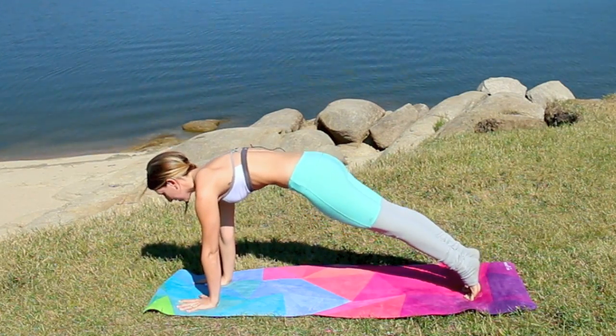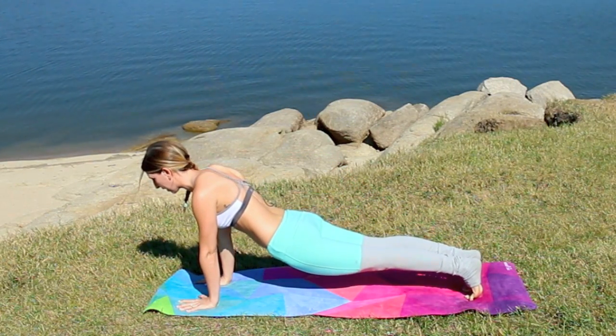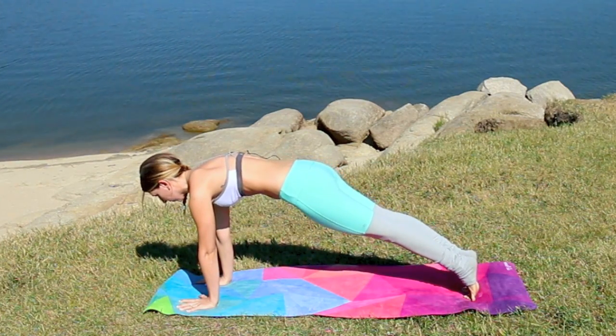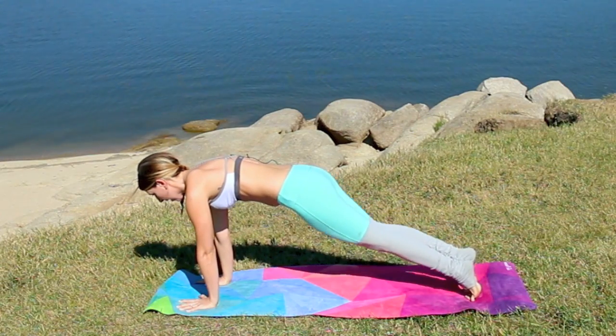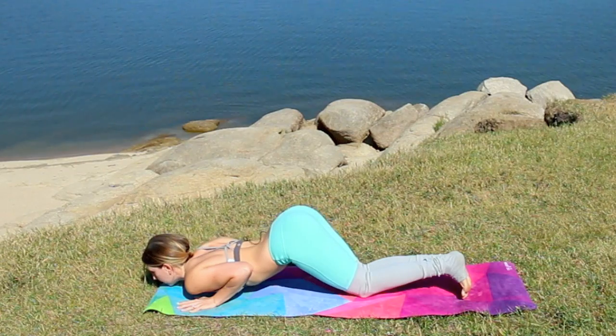Making sure you're really pressing the ground away from you. Notice here I'm not sinking into the shoulders. I'm also not letting my hips sink down. Nice strong plank, shoulders stacked right over the wrists. Even here, legs engaged. Then gently lower down knees, chin and chest, hug your elbows close to your sides, Ashtanga